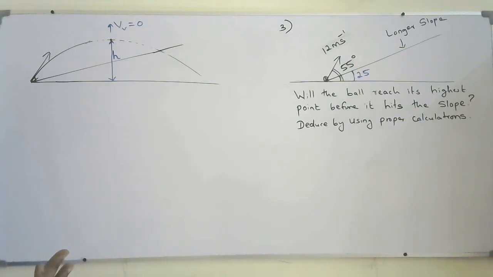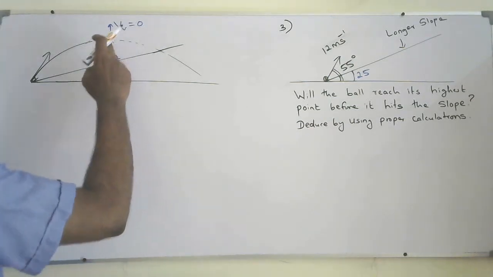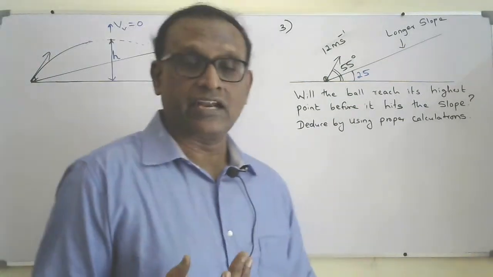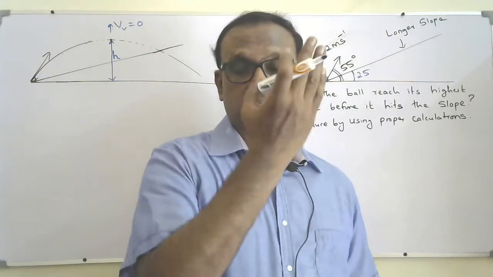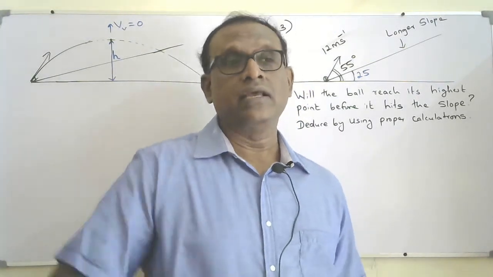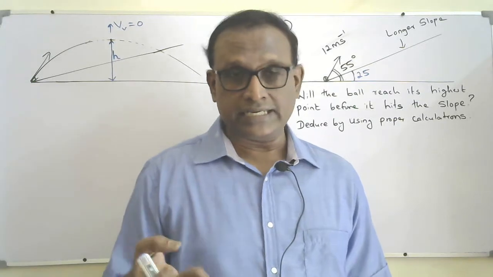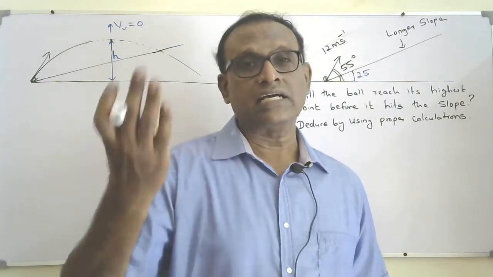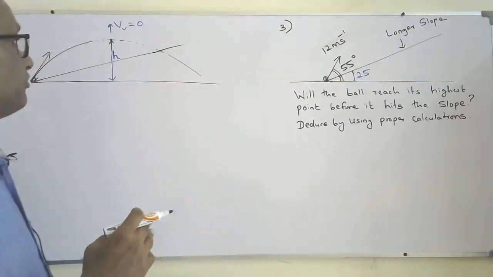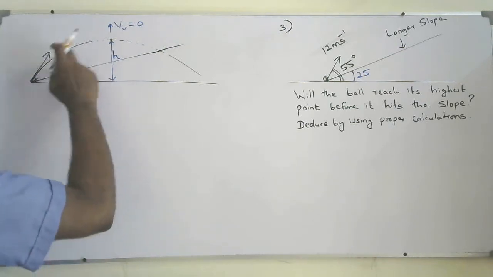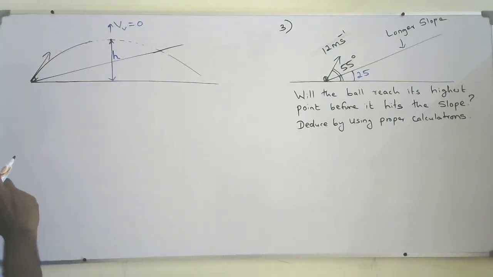Then I am going to find the time taken to reach the highest point, if there is no slope. How long will it take to reach the highest point? I can find it by using vertically v equals u plus at. That also I can find. So I know h, and I know the time taken to reach the highest point. Then